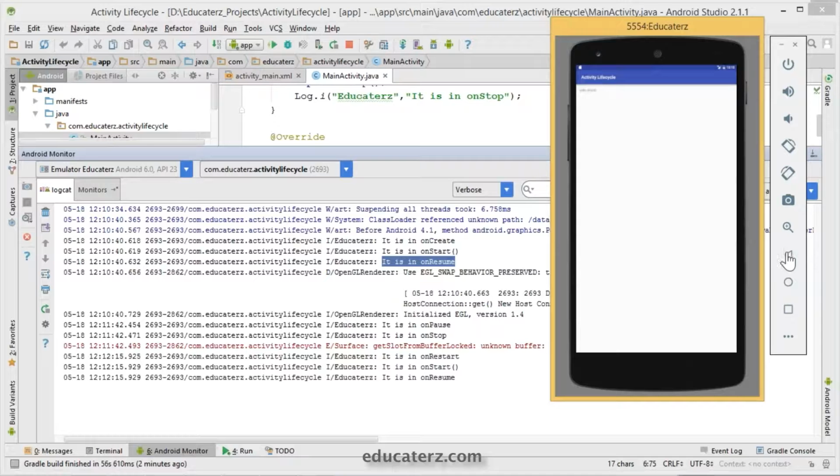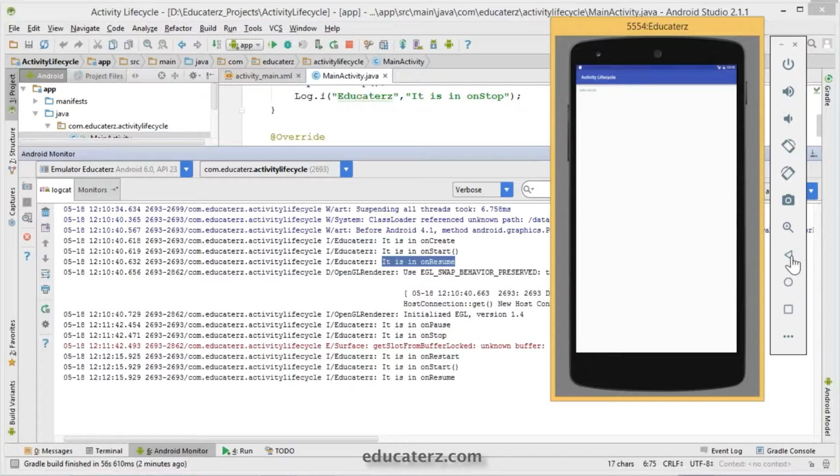Now click on back button, or you just close this application. Immediately it will call on pause, on stop, and on destroy. On pause because it is not visible. Sorry, it has been completely out of that, and on stop because it is not visible. On destroy, it's completely killed.